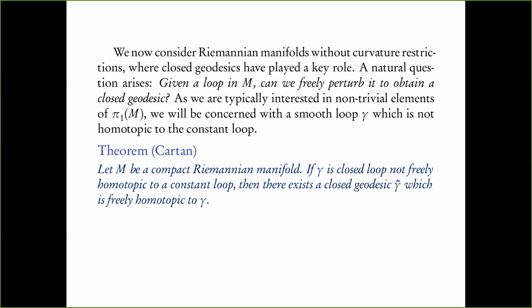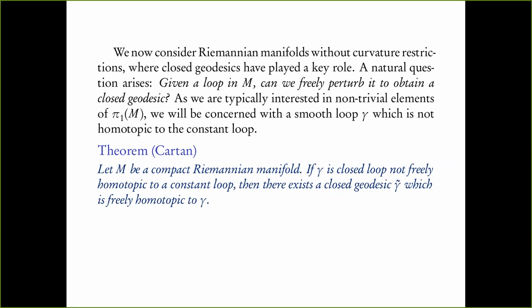So why means this is probably not a formal reasoning, but it is because if you insist on a closed geodesic gamma tilde, which is based homotopic to gamma, then that in particular means what? It means that you are first of all assuming that there is a closed geodesic gamma tilde which passes through the base point x0, right? I mean, whether or not it is homotopic to gamma is irrelevant. That there is at least a closed geodesic, a non-trivial closed geodesic, because it's homotopic to gamma, and gamma is not homotopic to a constant. So you are expecting a non-trivial closed geodesic passing through or initialized at x0.